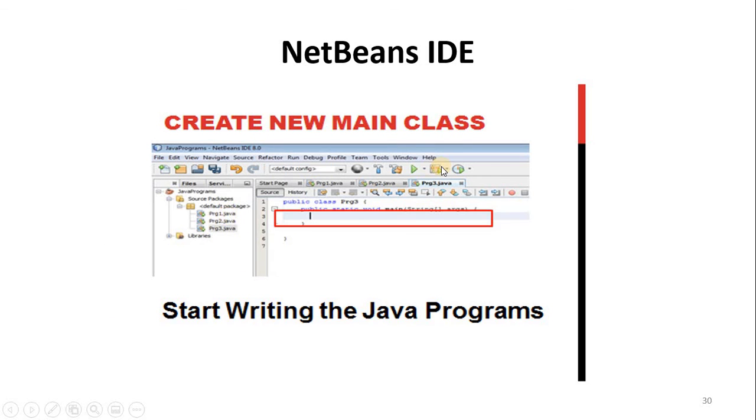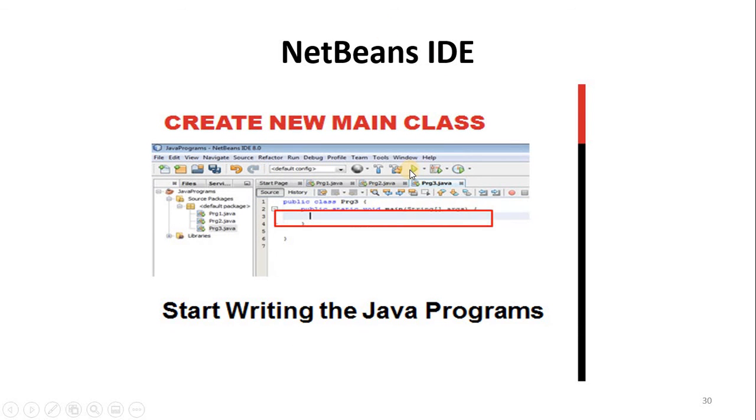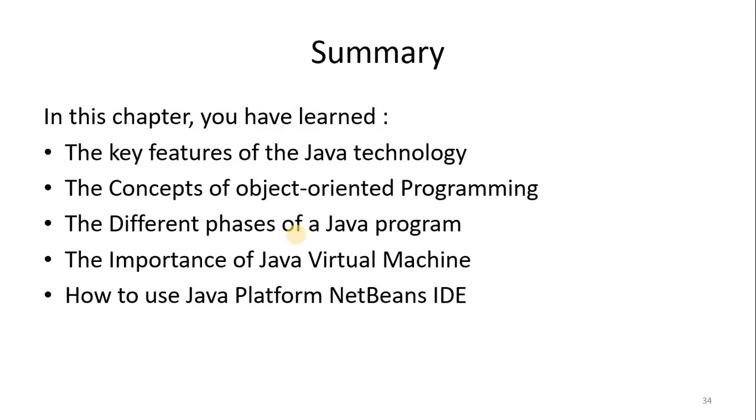Sometimes students create too many main methods. Once they start running from the Run menu, it runs by default whichever one is connected. If we have different classes carrying a main method, we have to select that particular class, right-click on it, and choose Run. Then it is also possible to run it. The Run command can be followed from the main menu, or you can also find the shortcut menu here, as in the previous version. You can follow this, or select from the menu here to execute the program. So this is all about this part of the discussion.